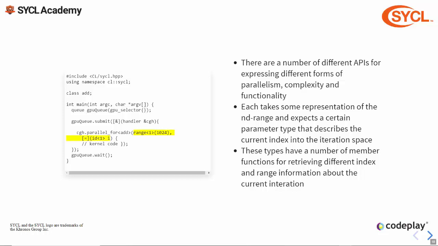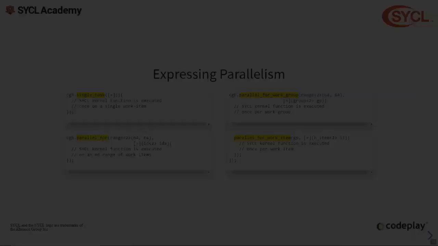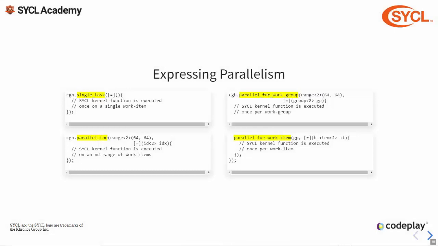And the type expected is relative to the API. In this case, we pass a range object, which represents the global range, and the callable takes an ID object, which represents the global ID within that range. These index types have a number of member functions for retrieving different information about the current iteration. There are three main ways to enqueue an ND range in SYCL. The first, in the top left there, is single task, which does as you might expect and invokes a kernel